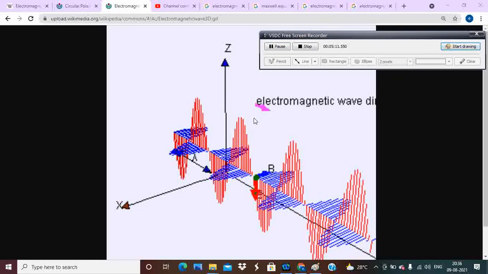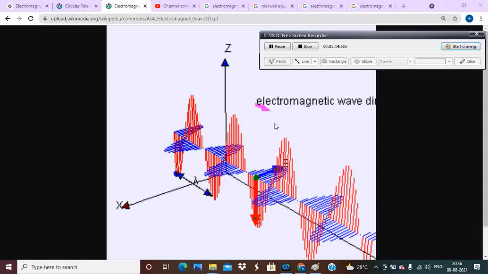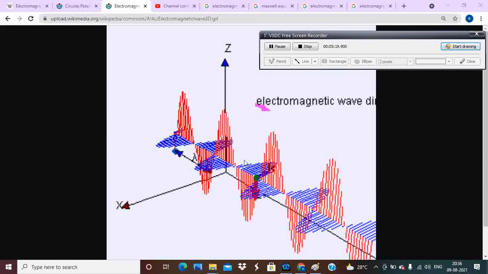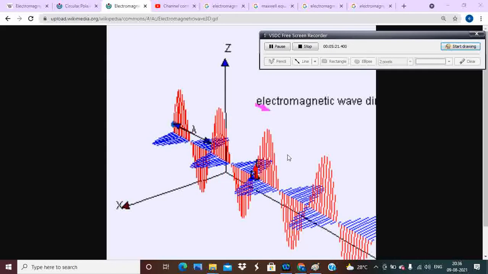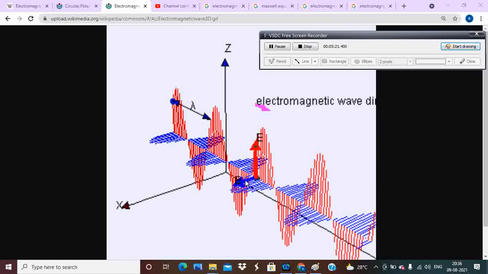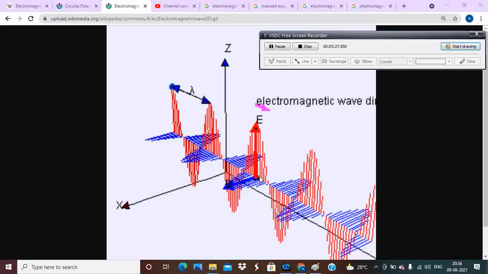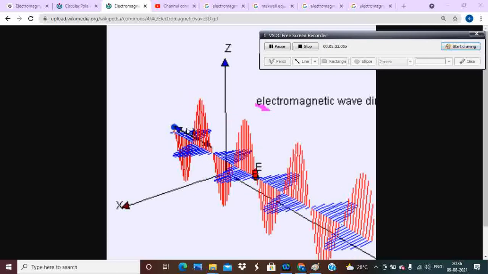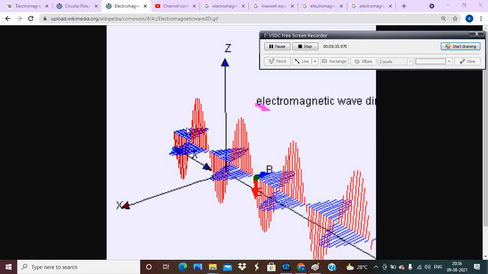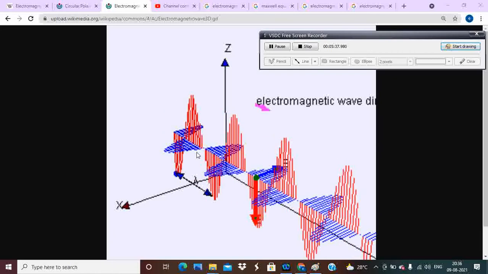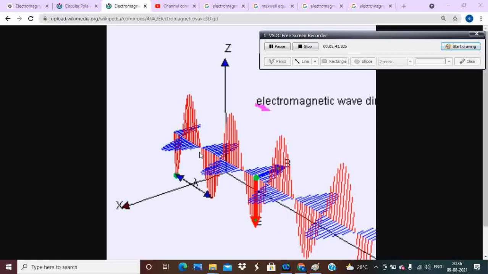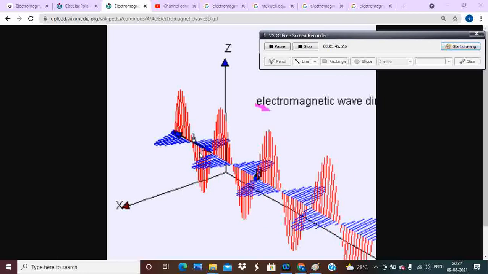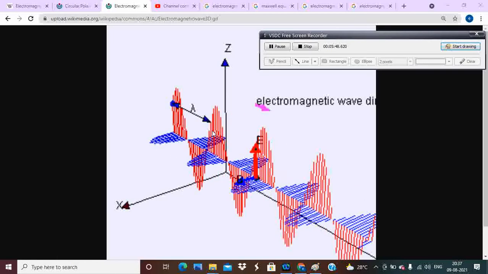The three-dimensional view of this figure is shown below here. See, this E component and H component, or B component we can say, where E is the electric field intensity and B is the magnetic field intensity, are always mutually perpendicular to each other, and there is a separation of lambda between the two crests and troughs as shown in the figure. We can say that they are transverse in nature.